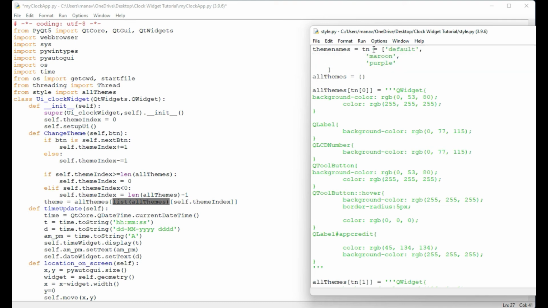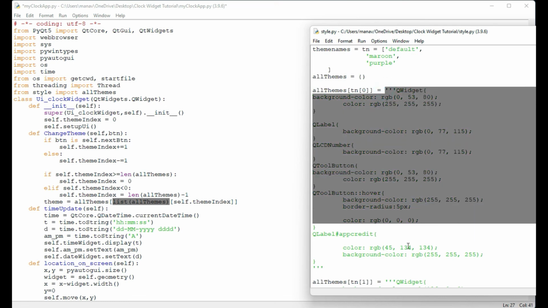Okay, because TN is assigning here values default, maroon and purple. So when I am using list all themes self.theme index, then under all themes it will say that what is at 0 index is key default, then return the value of that default key. So it will return this one.